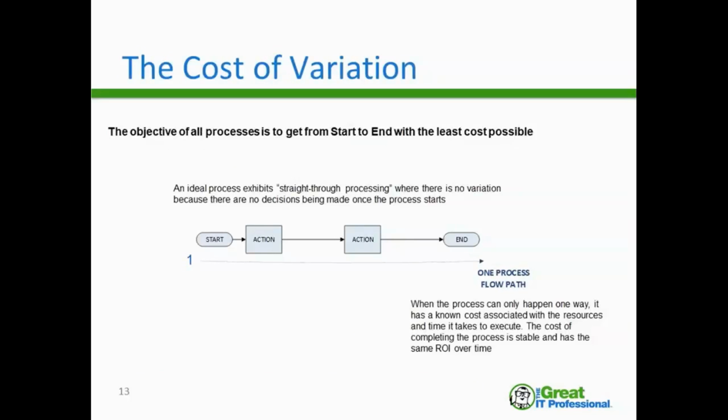All right, so now I'm going to spend the next four or five slides getting a bit heady. As a disclaimer, we're going to talk about process in general, and the cost associated with variation and the cost of automation, because they're related, so you have a strong base to talk about automation more intelligently.